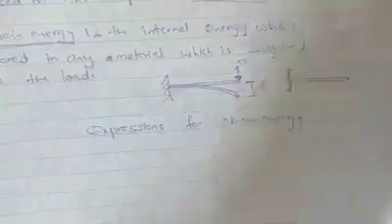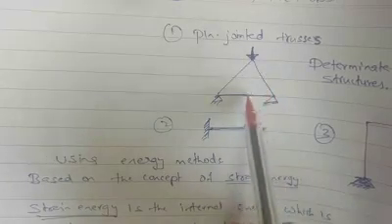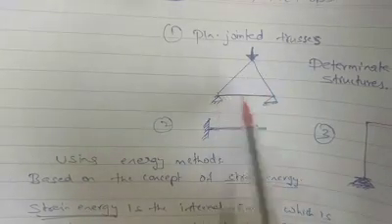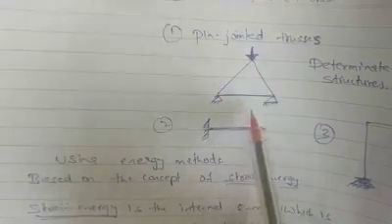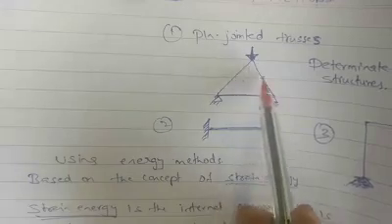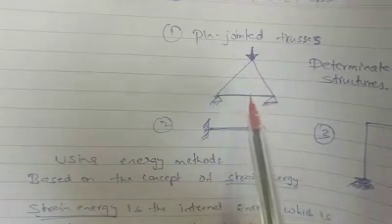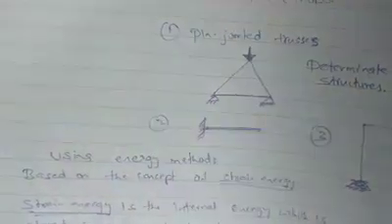First of all, we will go for axial load. Axial load is in these pin jointed trusses. In all the members there is only one force, that is axial force. We don't have bending moment in pin jointed trusses. All the members have forces, and those forces are axial, meaning either compression or tension. So because of axial force, what is the strain energy?